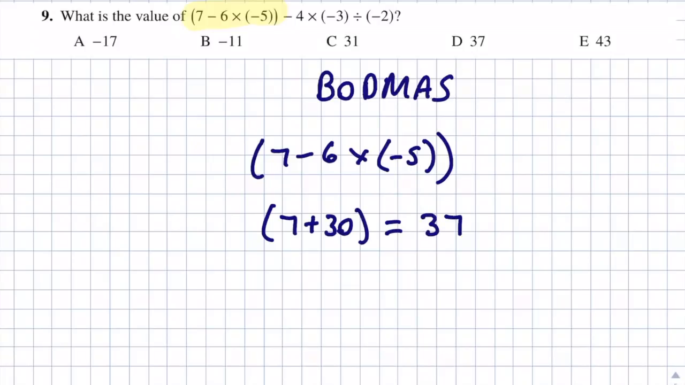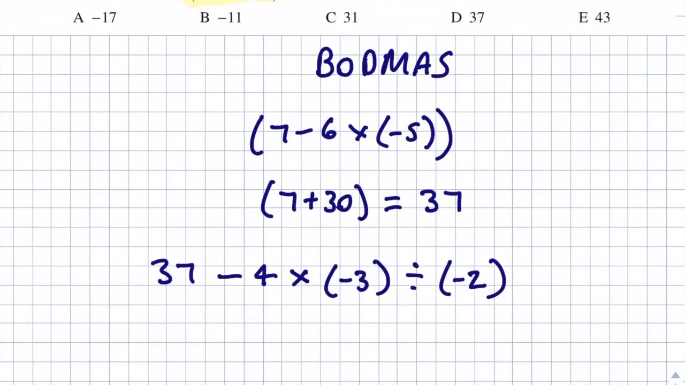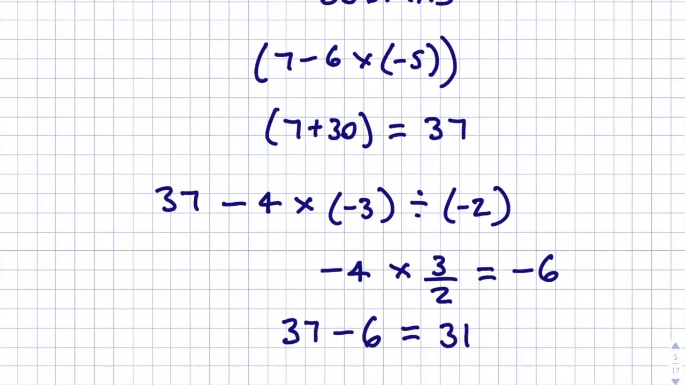Okay, now let's look what's left over. So we're going to have 37 minus 4 times minus 3 divided by minus 2. Using BODMAS, the next operation is division. So we're going to have minus 3 divided by minus 2, which is the same as 3 over 2. And then multiplication is going to come before subtraction. So we're going to have minus 4 multiplied by 3 over 2, which is minus 6. And then we're just left with 37 minus 6, which is 31. Got an answer for 31, which is answer C. So therefore,